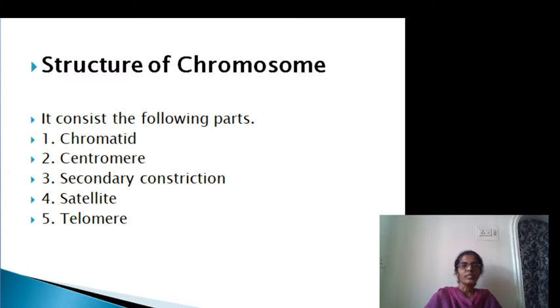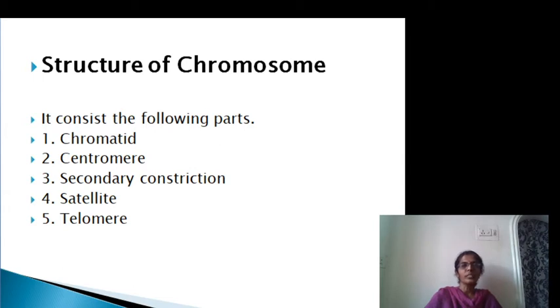When we see the centromere, the second part of the chromosome, the centromere is present in the chromosome. At the centromere, these 2 chromatids belonging to one chromosome join at this centromere place. At the centromere place only, the chromosome bends. So depending on the position of the centromere, different shapes of chromosomes are there. At the centromere, the kinetochore structure is also present. During cell division, spindle fibers attach to this kinetochore, which is present on the centromere.